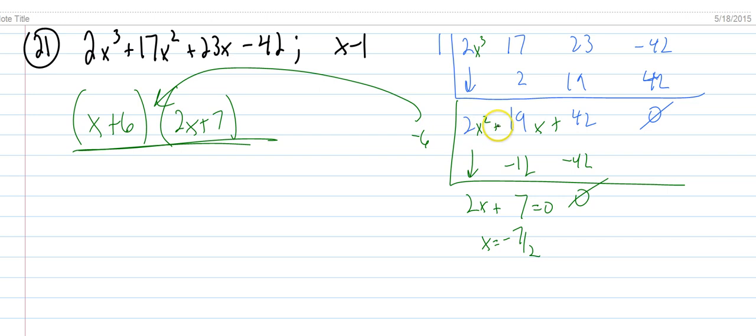Another thing I can do is enter this equation into my graphing calculator, go to the table to look when x equals what number does y equal 0. And I saw that there was one at x equals -6. So I took -6, ran this through synthetic division. I got a 0 at the end like I was supposed to. And then I have these coefficients of +2 and +7,